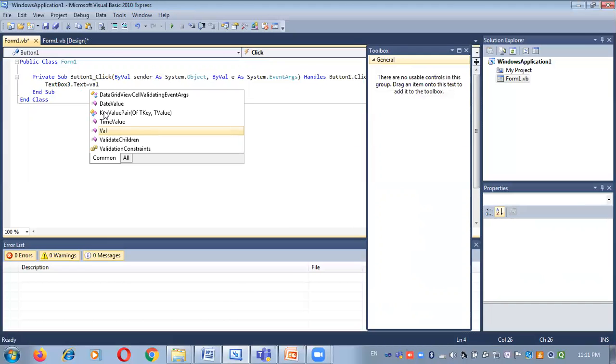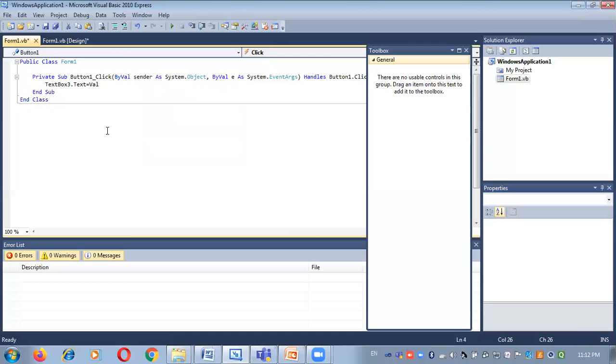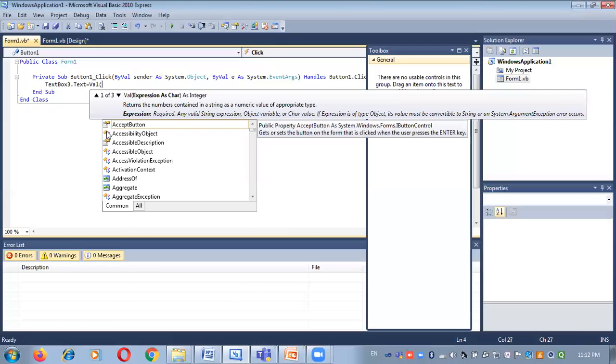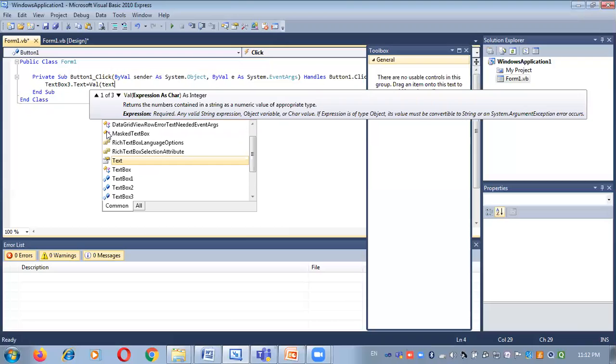As I am going to insert integer input values in text box 1 and text box 2, before writing text box 1 and text box 2, I am going to use the Val function. Val function always returns a value to the control.